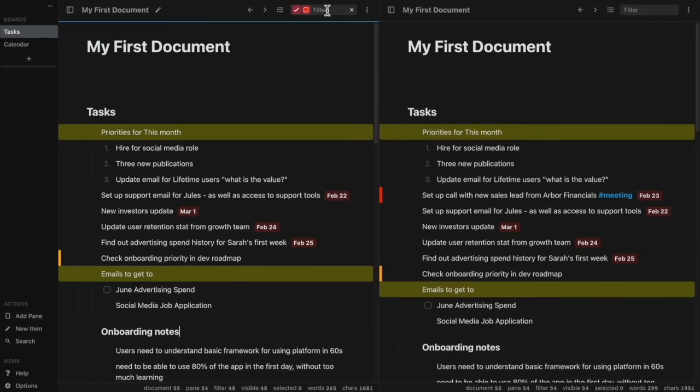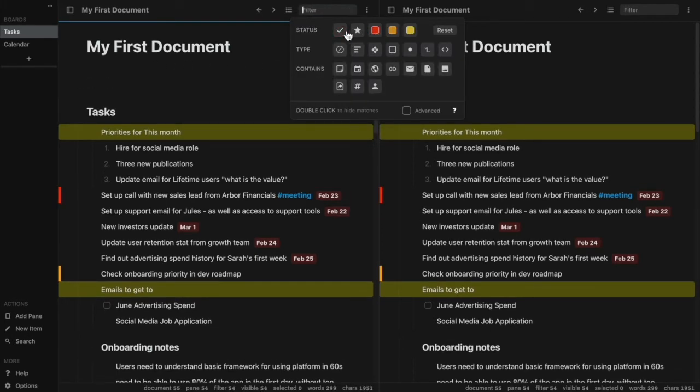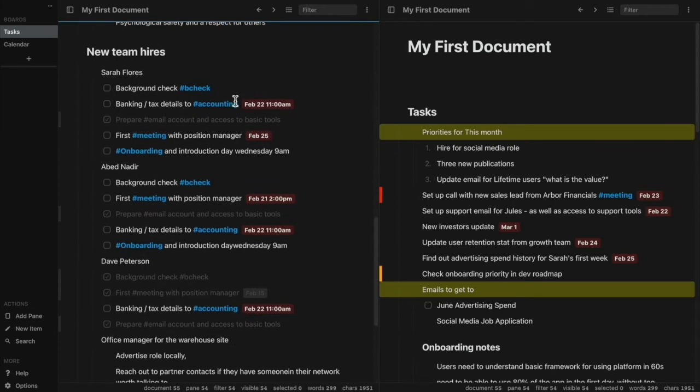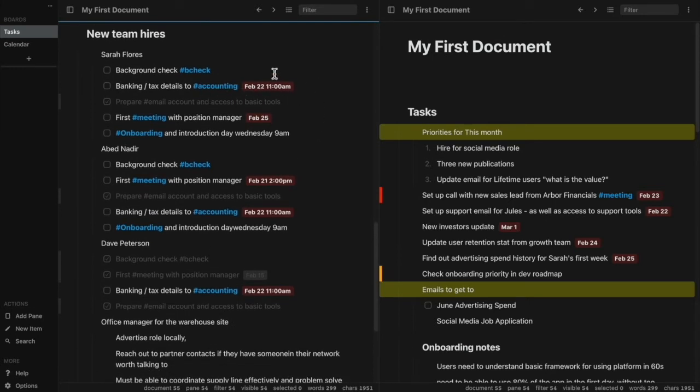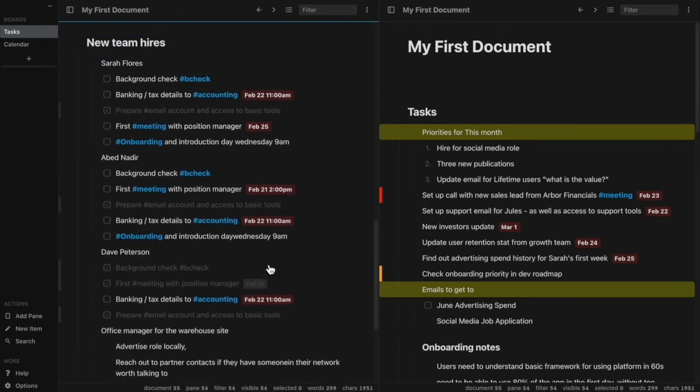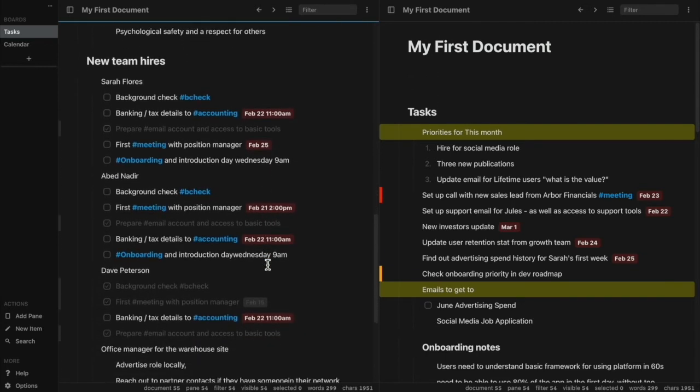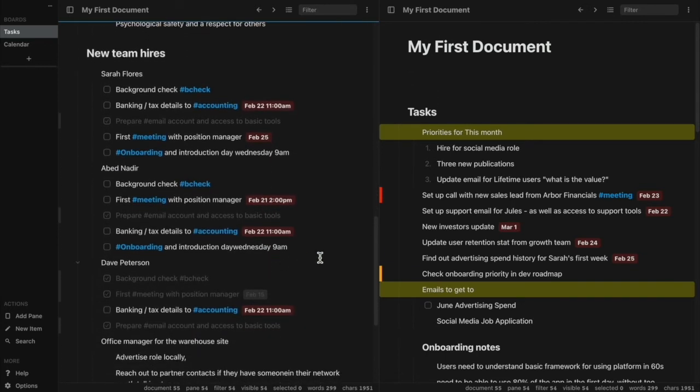Another great use of filters is to sort by hashtags. So I have a few hashtags here related to meetings, or I can filter by department, or any kind of task or particular tool that I want to look into. Hashtags are a great way of sorting based on something specific, and are incredibly useful when used with filtering.